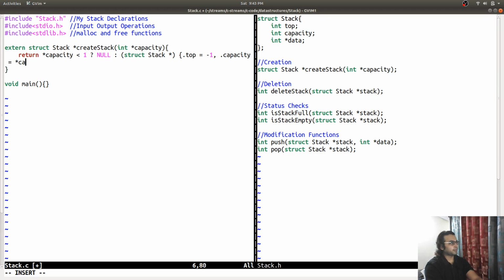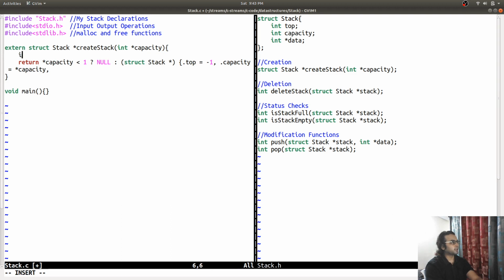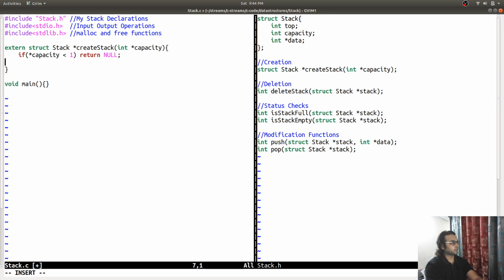Capacity is equal to capacity, and move it over here, that if capacity is less than 1, I can do it over here, but this is getting very confusing.